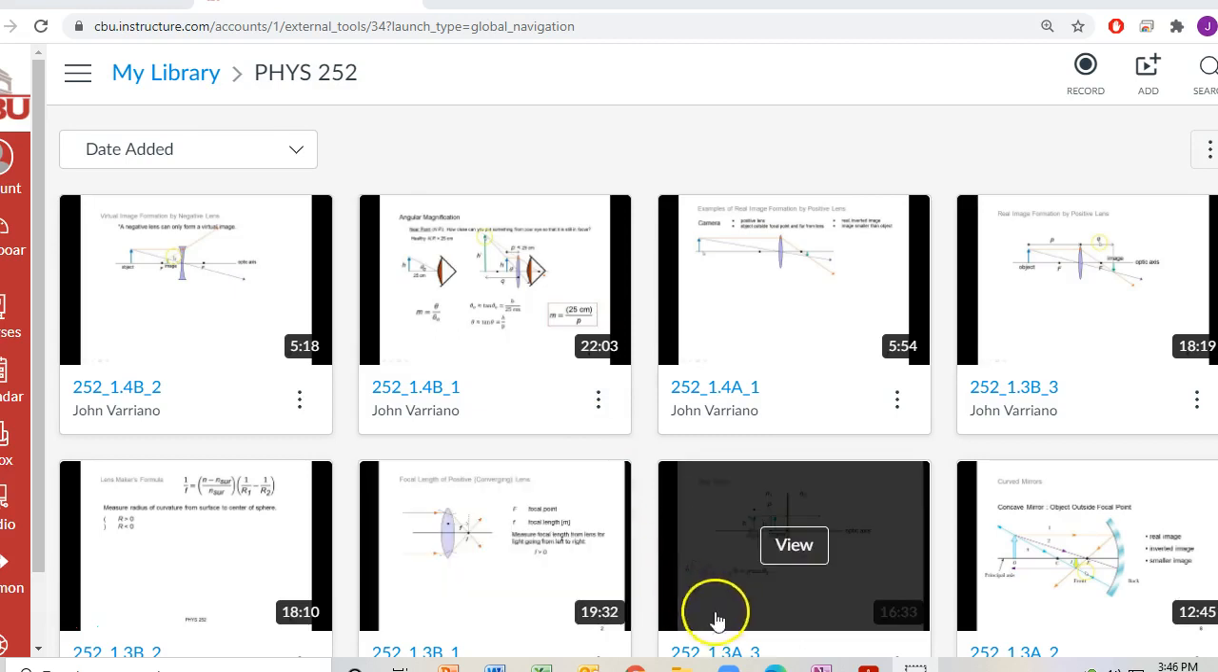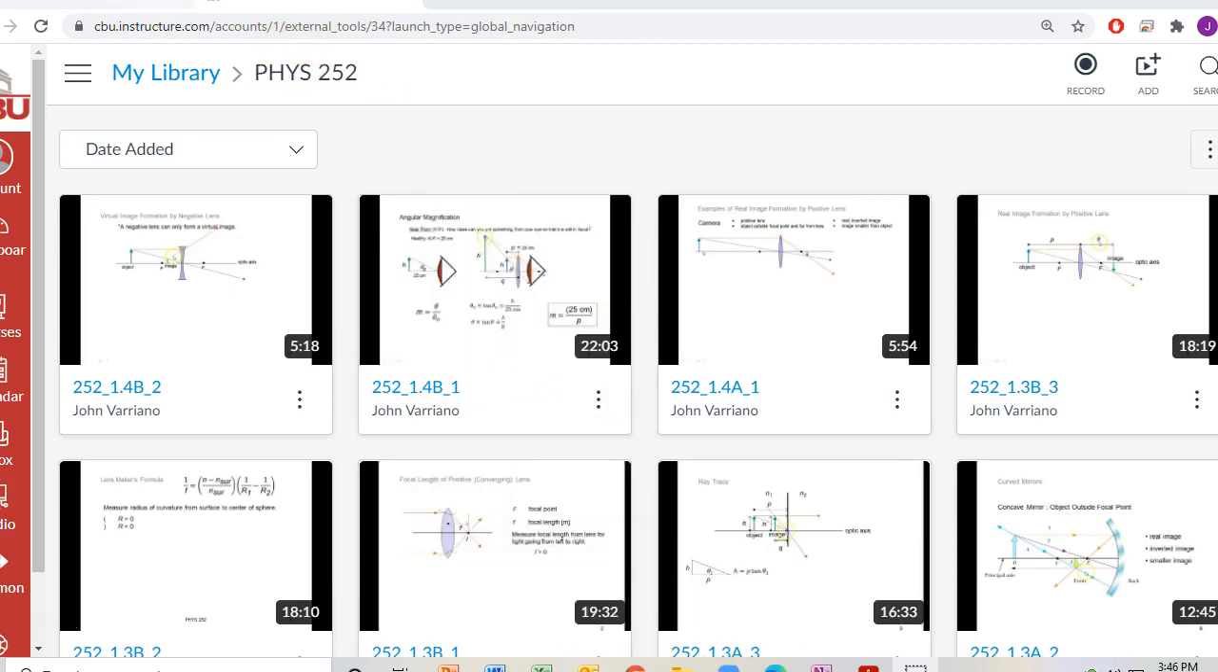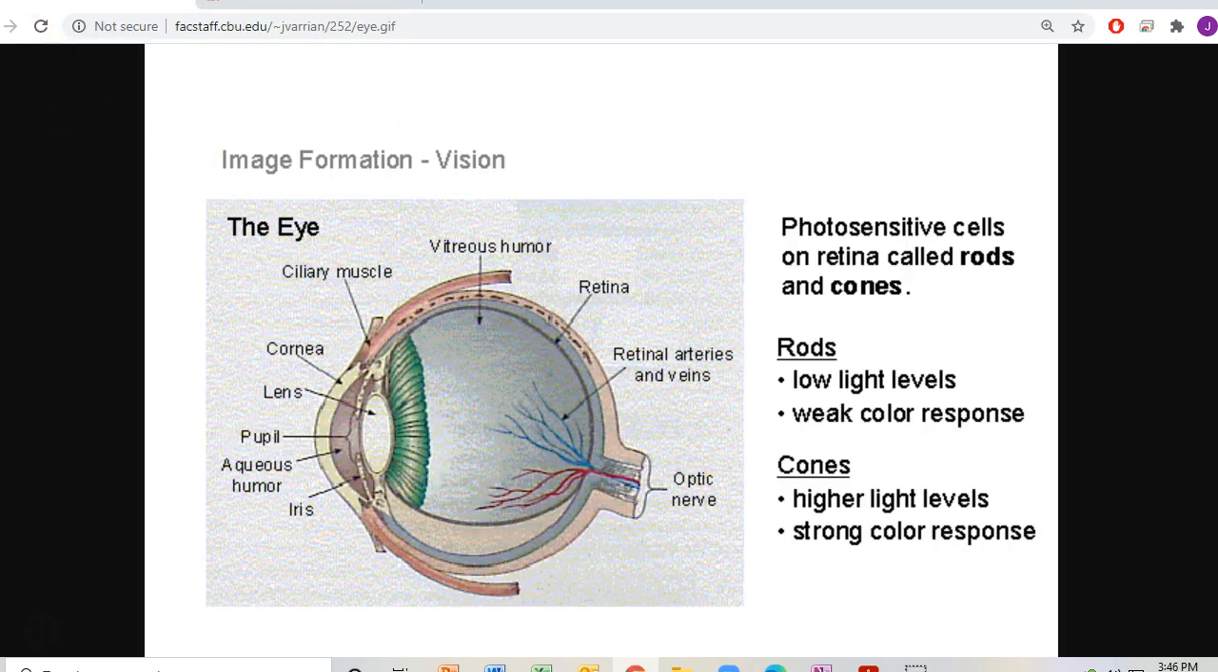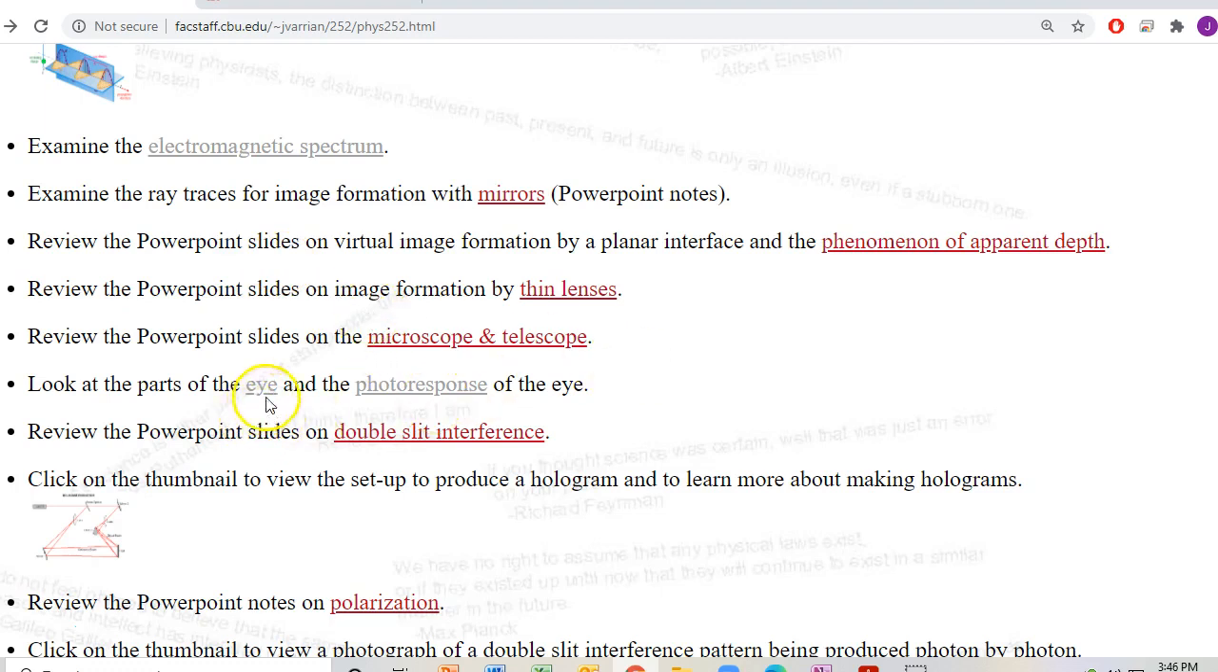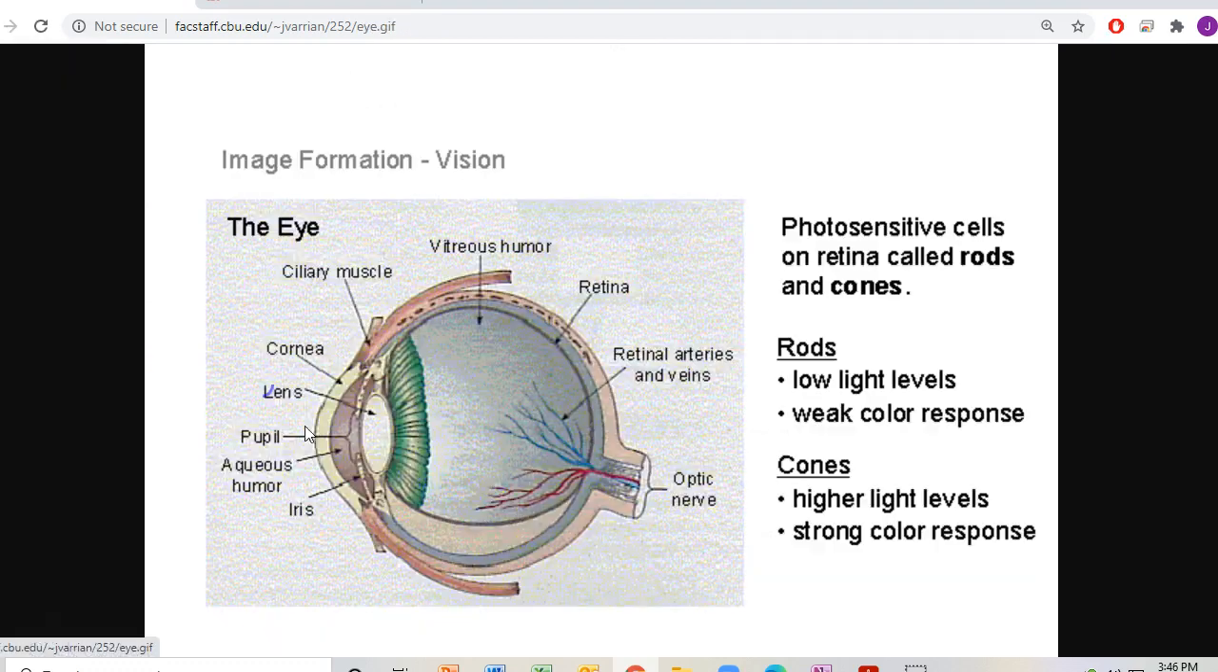Okay, so I'm going to go to our course page, and I just want to show you where I'm getting this picture. It's right here. Look at parts of the eye. So there's the eye. It might be hard to tell, but the way this is oriented, the light's coming from the left traveling to the right. So imagine there's light coming from an object,